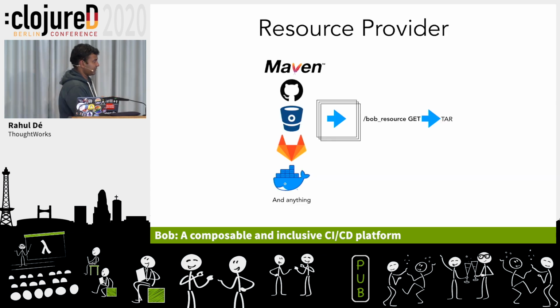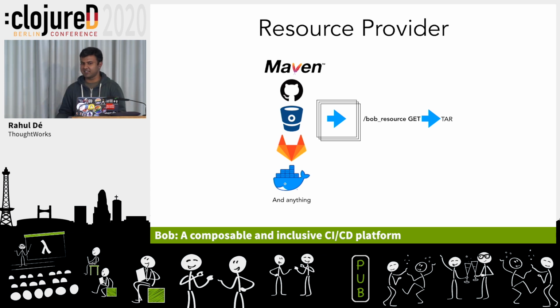So a resource provider on an average view, on a high level, looks like this. You take whatever you have, your source control from wherever you hosted it, and you write or use a resource provider. Something that abstracts Bob from knowing what Git is, what sources are, what a Dockerfile is. Bob doesn't need to know what you're consuming. Right? So all you have to do is make this thing and provide a tar to Bob. So Bob is going to make a GET request on that endpoint, and you should give a tar back, and Bob can continue building.